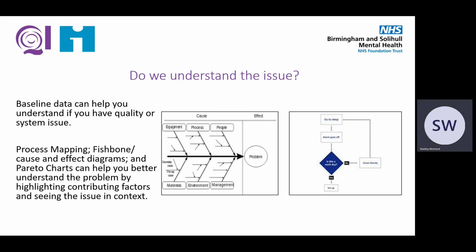Other tools you can use to understand the problem and identify areas in which you can improve it include fishbone diagrams. These can help us understand the main causes of quality problems and sub-causes leading to each of the main causes. And Pareto charts. By plotting on a bar chart the frequency of different quality problems with bars ordered from most to least frequent, you can better identify the most frequently occurring problems.